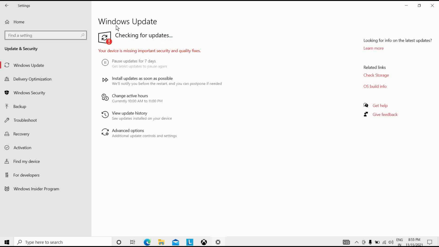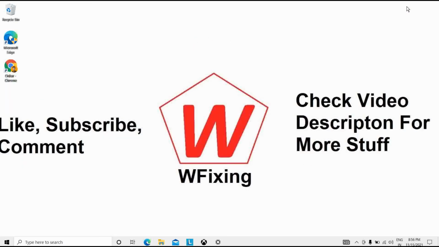According to the condition, you have to update your Windows PC. If you don't have an updated PC, then you have to update from here after checking for updates. I will be stopping here because I only have to show you how to do that, and I will simply minimize it.